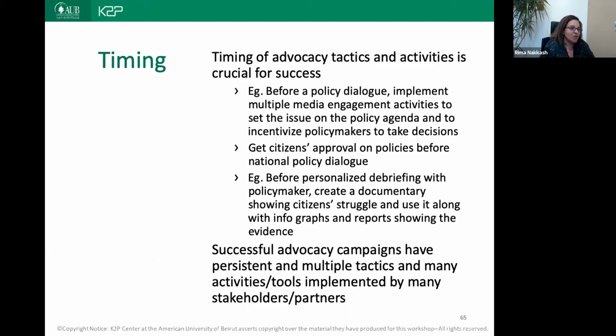In communication, we talk about the target population and how you communicate with various target populations. In advocacy, who are the stakeholders that we're looking to influence, and what would be the most effective tools or activities that need to be held in order to influence the stakeholders and engage with partners. Next.